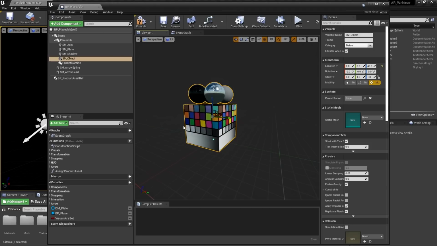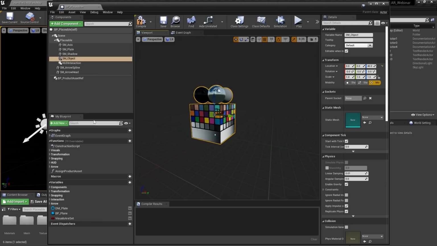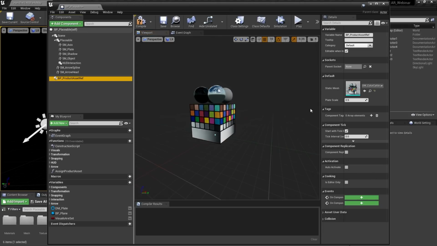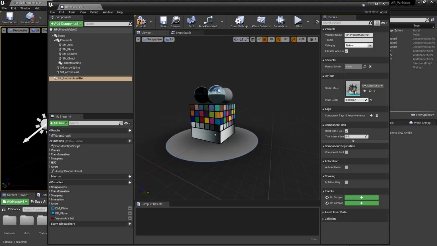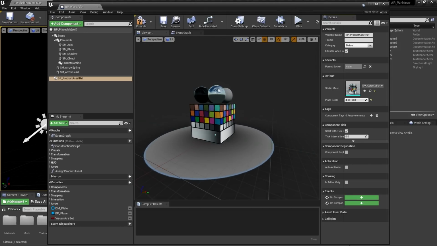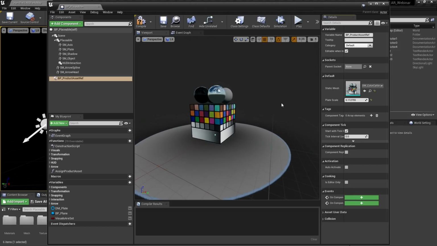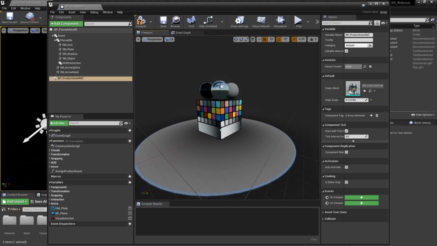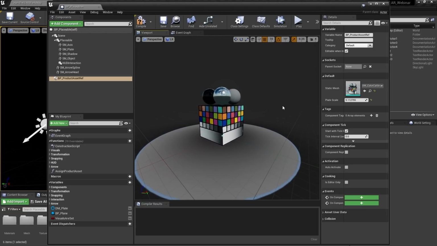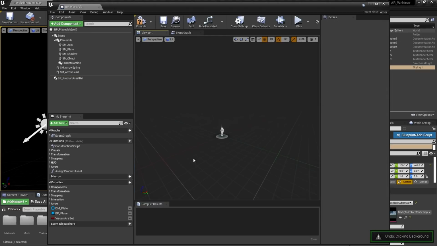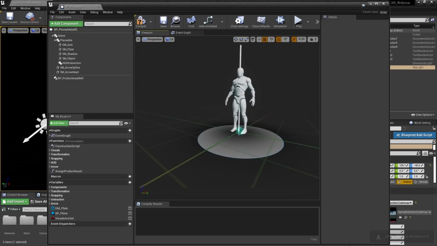And once you get that positioned at the bottom of the ground plane there, you're going to want to go back into that BP production asset ref, and you're going to want to adjust the plate scale. This is going to adjust the overall UI placement element as well as that grounding shadow. So you're going to want to make that float underneath that object in a nice way, like that. Now let's just undo this and get back to those original generic pieces of geometry that shipped with the project.